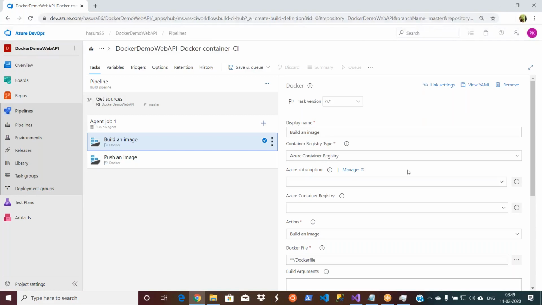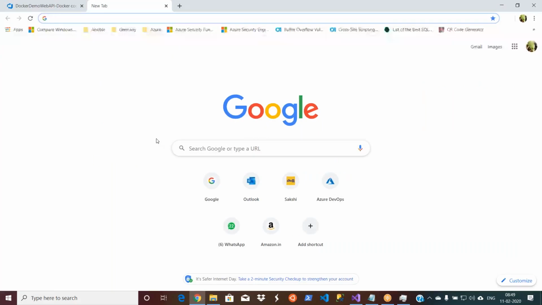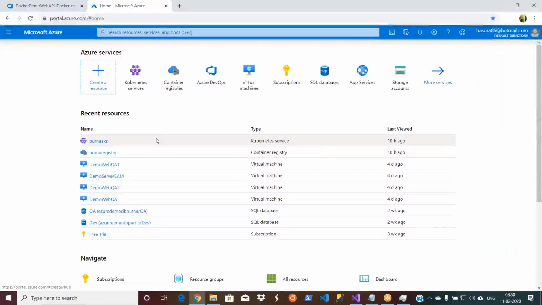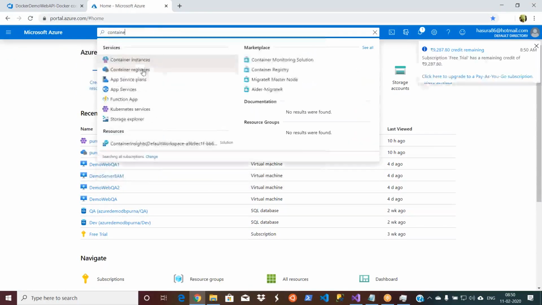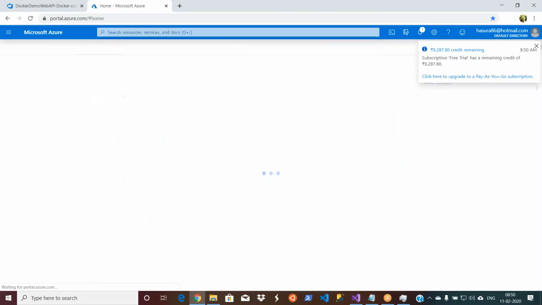Okay. After, you need a container registry for this one. As I told you, once you build it, you will push it to the container registry. Because that is the place where you keep your images. Let's go to our portal.azure.com. Create a container registry. You call it an Azure Container Registry because you have container registries from other vendors as well. Let's go and search for container registries. The second one. Is there a third icon?